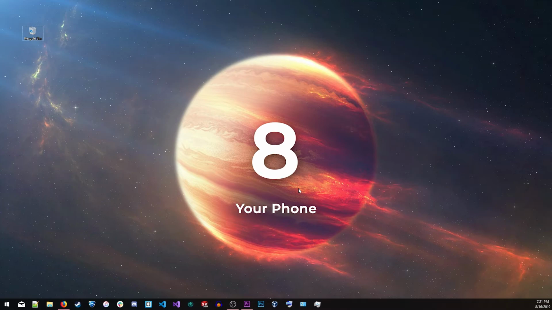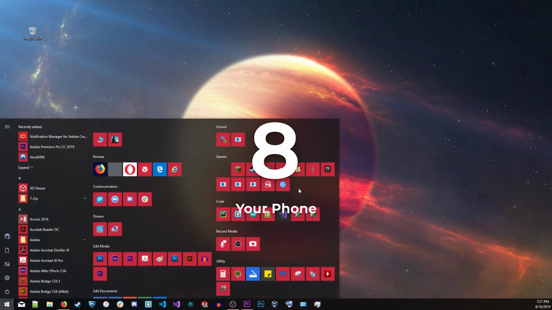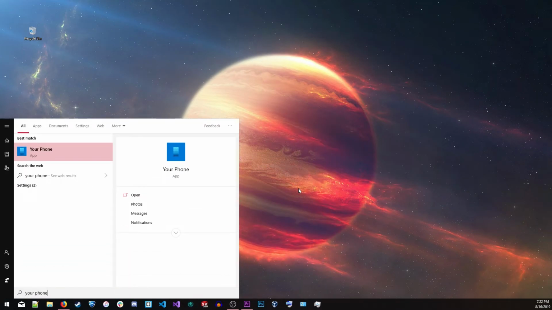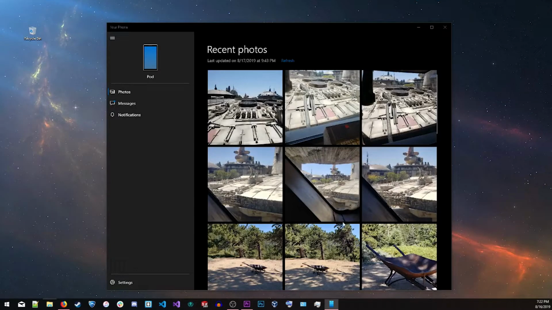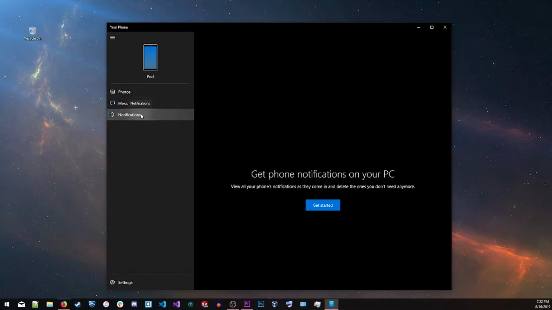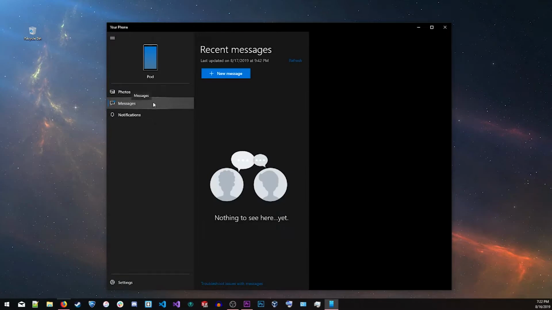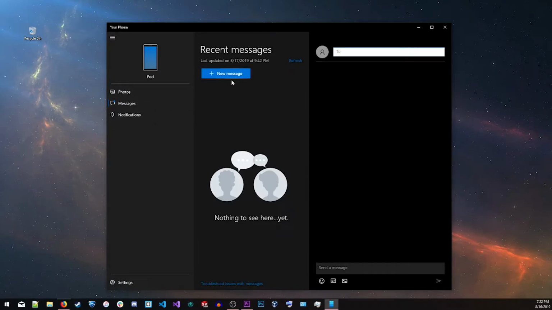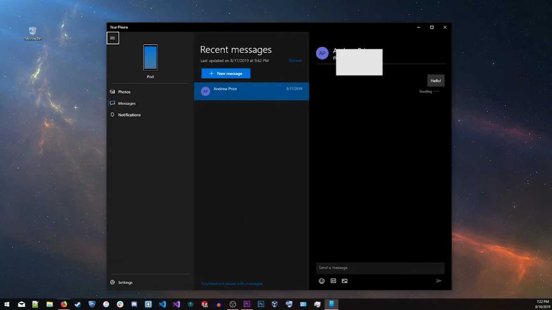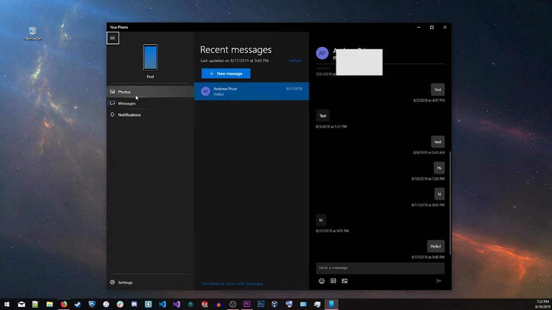The eighth feature on my list is the YourPhone app. You can find it by searching for YourPhone in the Start menu. Using this app, you will be able to send and receive text messages from your computer and view your recently taken photos on your computer as well as receive notifications. To enable this, you first must be signed into a Windows account and have installed the YourPhone companion app on